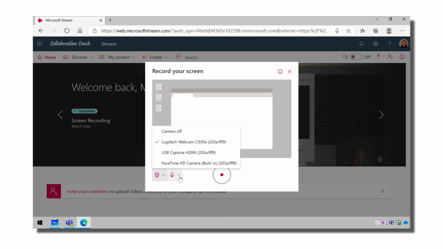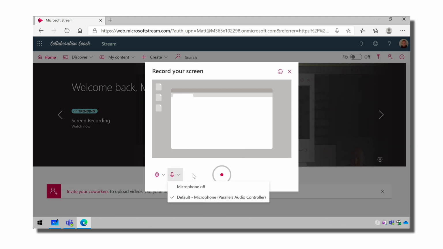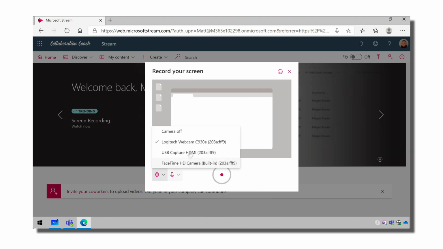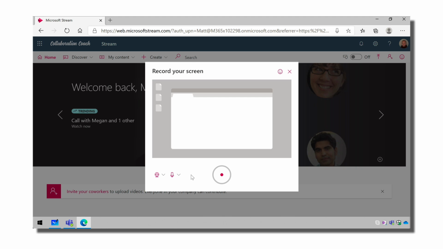Starting this month, you can use the Microsoft Stream video service in Office 365 to create short desktop recordings of apps, including your camera and microphone, straight into the browser with no software needed. So this is great if you want to create a short tutorial and upload the video to Stream and share